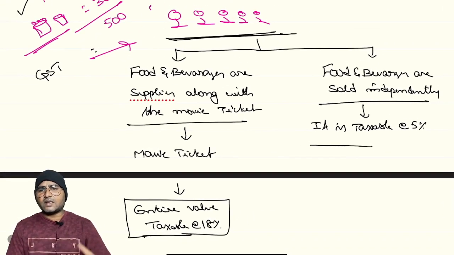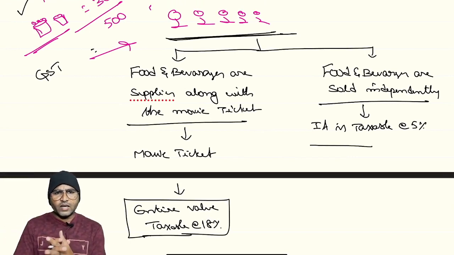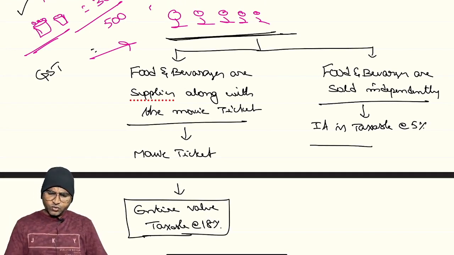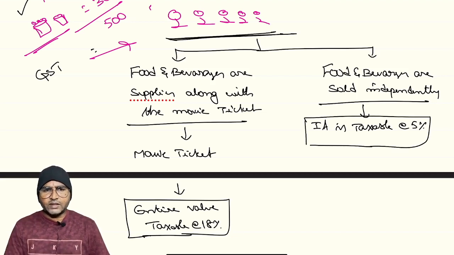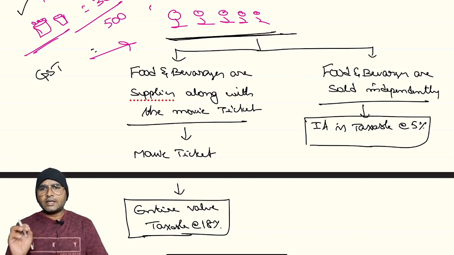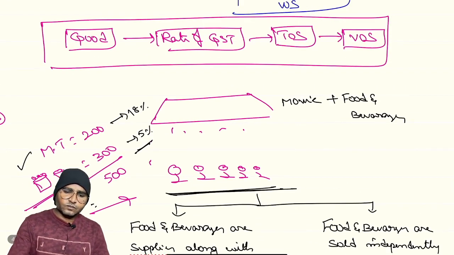Suppose the food and beverages are supplied at the movie theater independently, that means there is no obligation, there is no compulsion to purchase food and beverages. In such a situation, whatever food and beverages are supplied at the movie theater, it is taxable like restaurant services. That is taxable at the rate of 5%. Are you clear? Next,